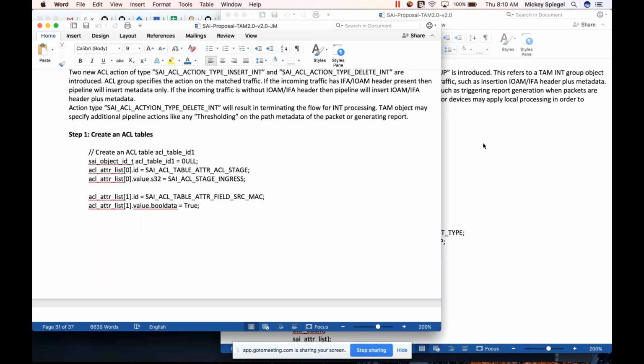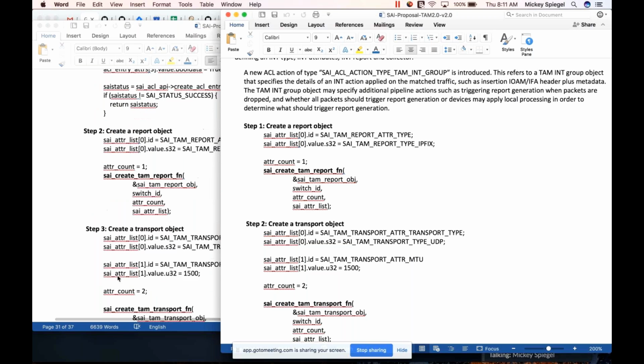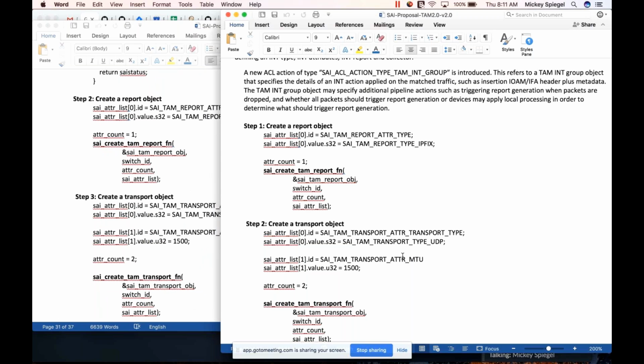So the order in which you create things is a little different because in Jay's proposal, you do the ACL tables first and then you refer to them. And in my proposal, you create a TAM-INT group object, and then you create the ACL object, which has an action that refers to that. So that's just a difference in order. But let me go through what is similar. So in both cases,